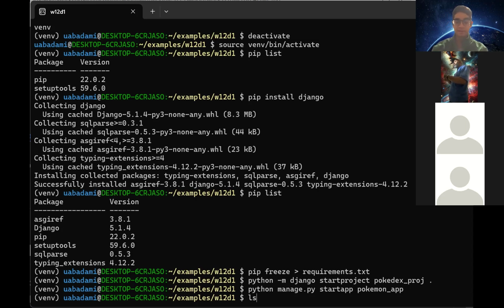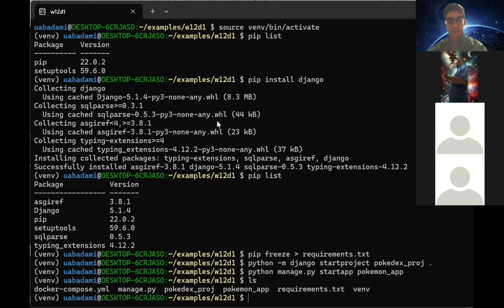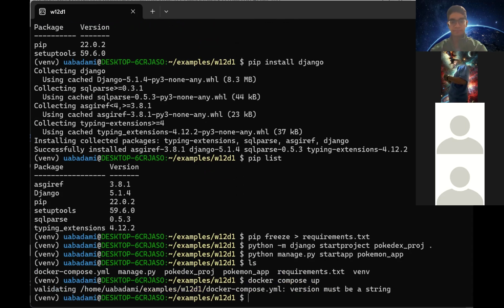I'm just going to list all the files to make sure I'm in the right directory. We have our Docker Compose. In order to run a Docker Compose file, all we need to do is type docker compose up. And that will spin up our Docker container and all the images within it. So if we hit run,